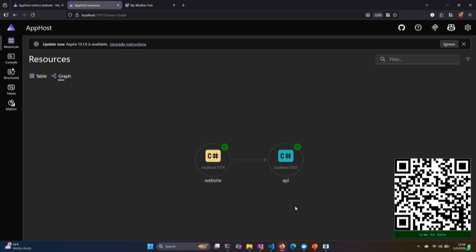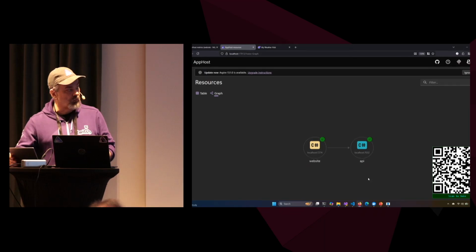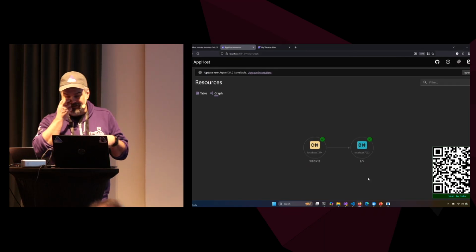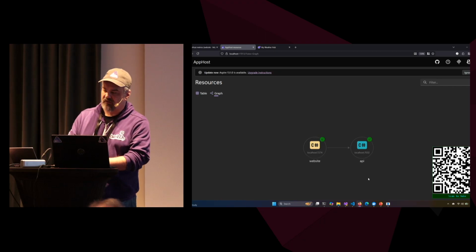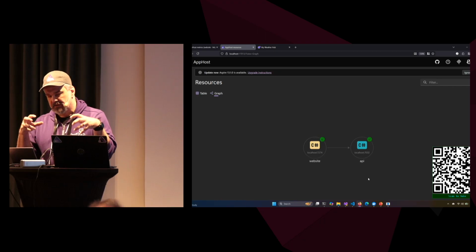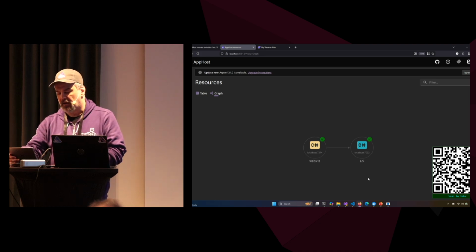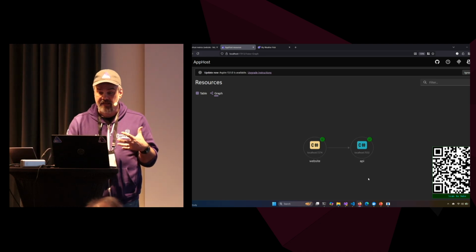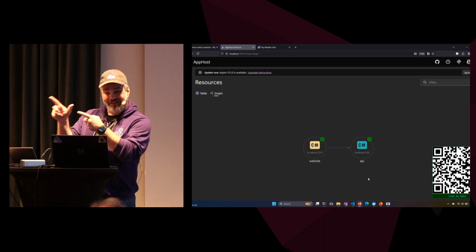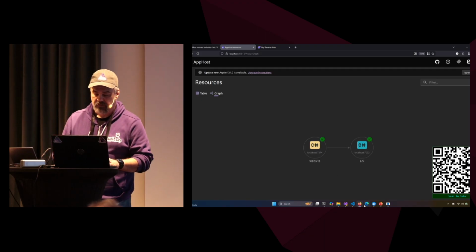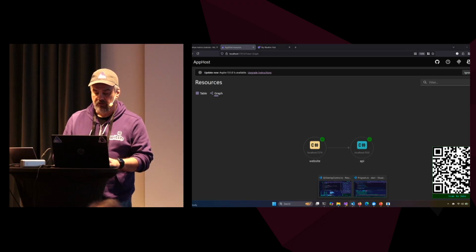So as we go through and grow this, there's going to be more features that are going to be added that give you more insight into your application. All right, let's do a little bit more here. I'm going to go through and add a health check to make sure that we can get to the National Weather Service. Okay, so let's go back over to my code, this one,